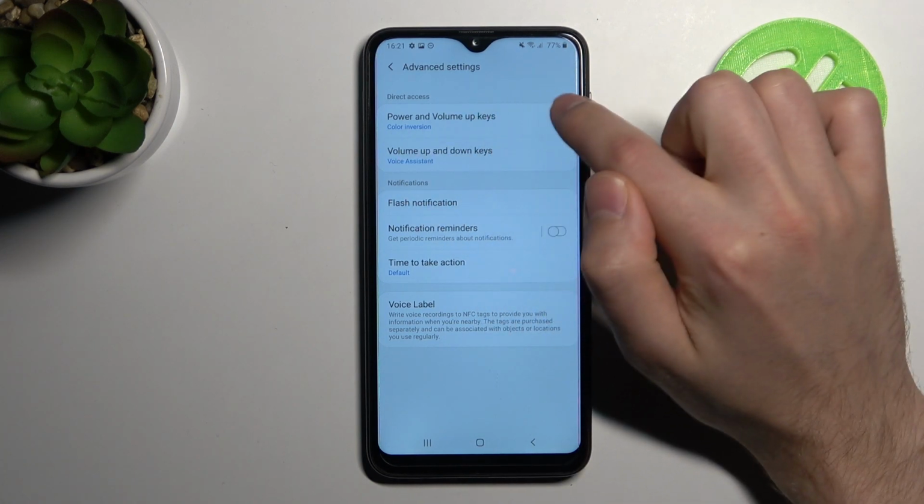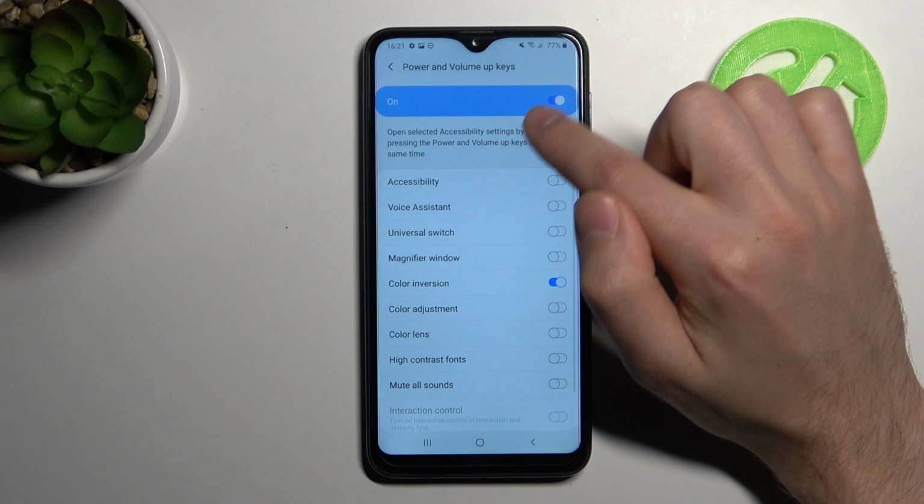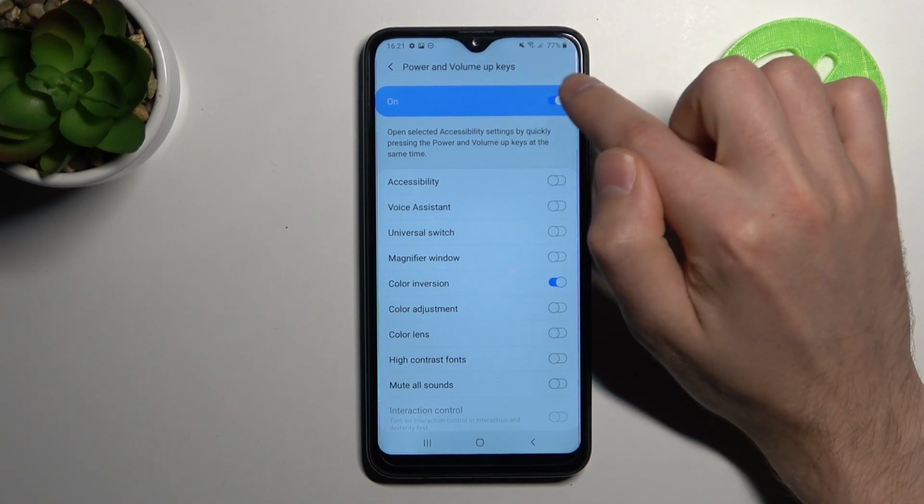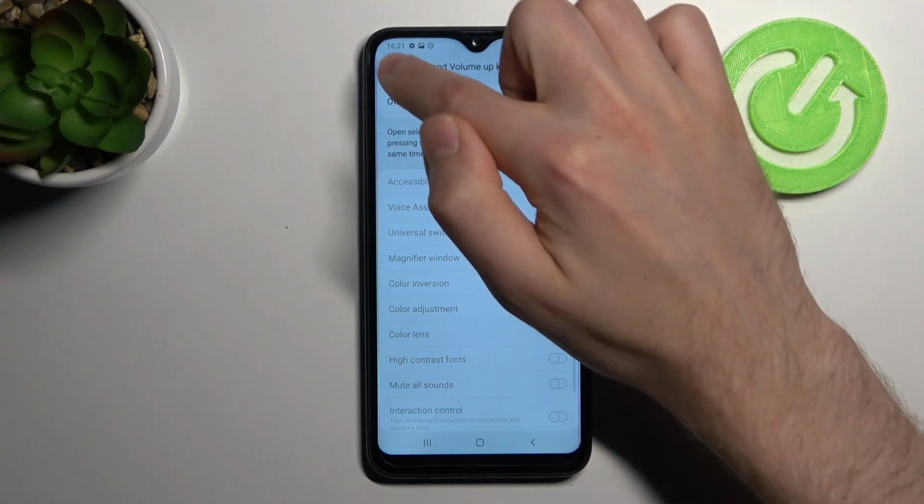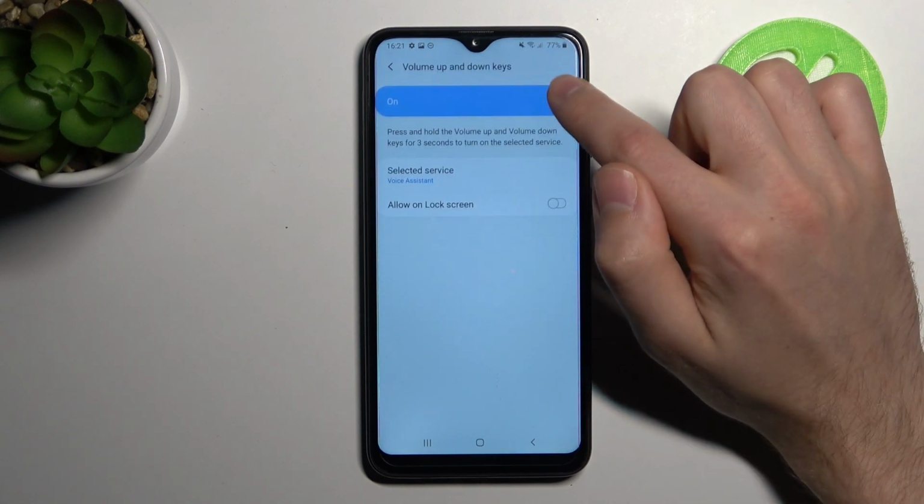To turn off this option, go into your combination and tap on the toggle at the top to turn it off, and click back for saving, and it saves